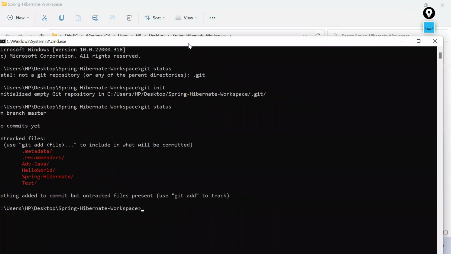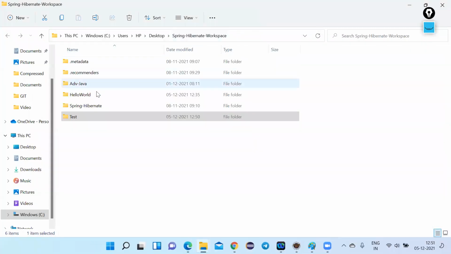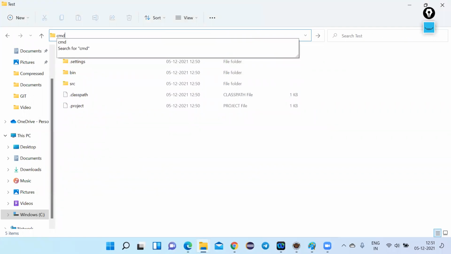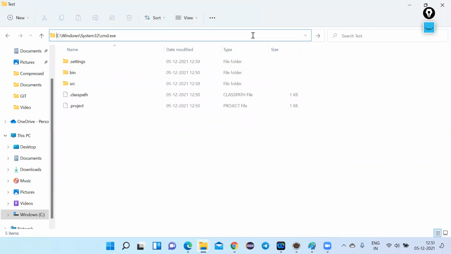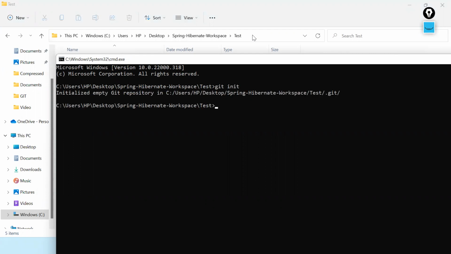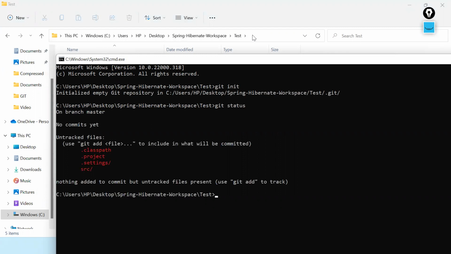Okay. So we need to go into this folder test, and we need to type CMD because we are trying to commit all that available. So let's only commit this which is available inside our folder. Git init. Okay. So now type git status. So we have something called dot classpath, dot project, dot settings, all that. Okay. So now our agenda is